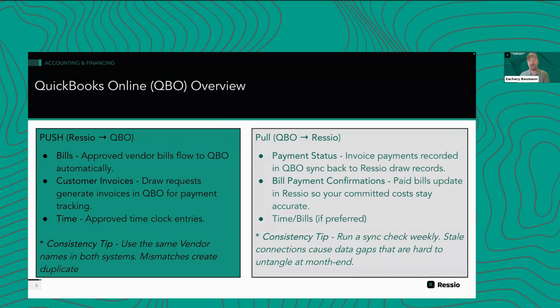I have builders that I work with that do a certain number of spec projects where they want to create the invoices as a reminder to themselves, or actually to do bank draws, and they won't sync those particular invoices over to QuickBooks. They just keep them internal in Ressio. So there are many exceptions to the rule. So don't feel like you set your QuickBooks settings once for your entire company and you're locked into that forever.